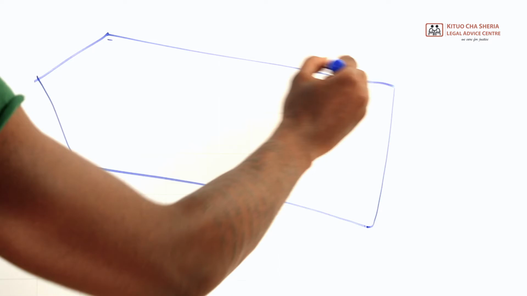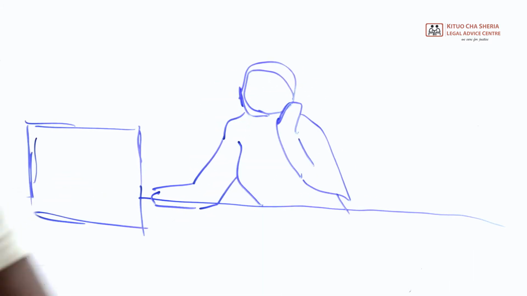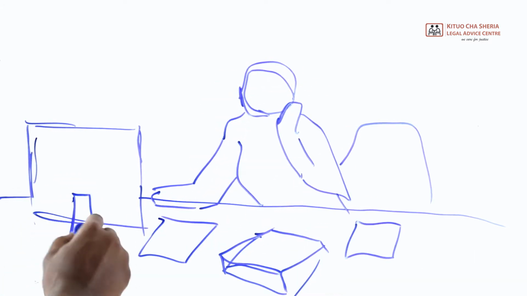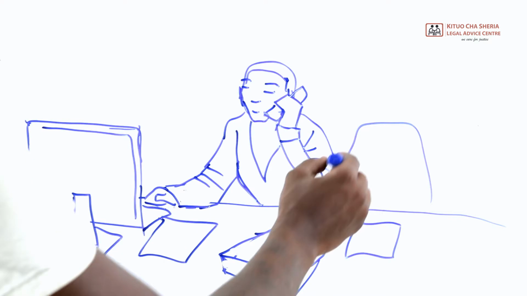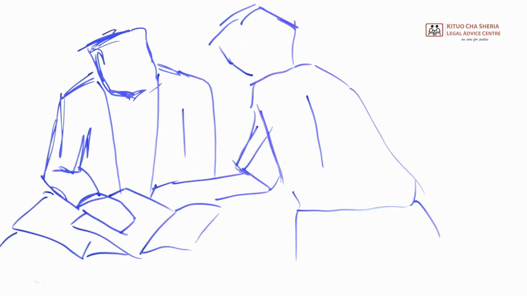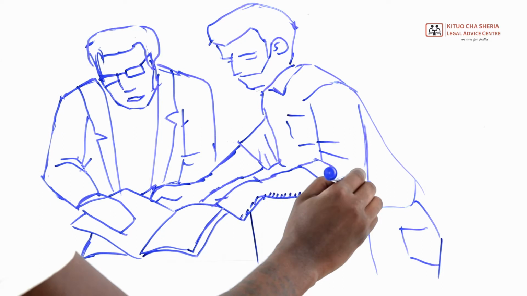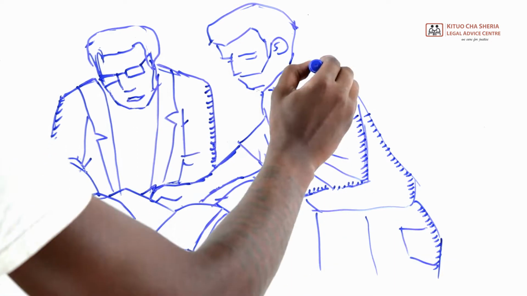Where an employee is unfairly dismissed, he or she may: 1. Be reinstated and continue to work like he or she was never dismissed. Or 2. Not be returned to his or her original position, but may be given similar or suitable work and be paid the same wages. They may be re-engaged.